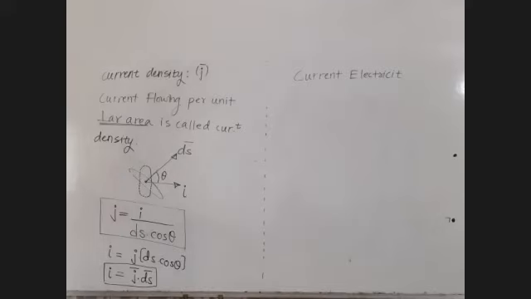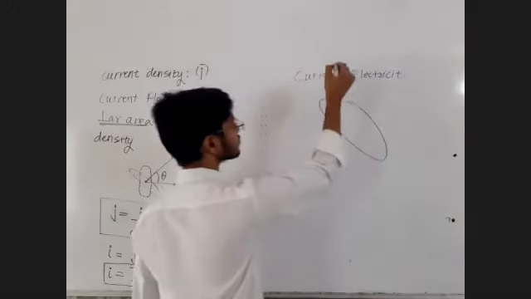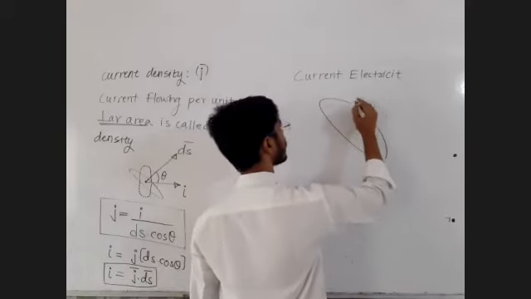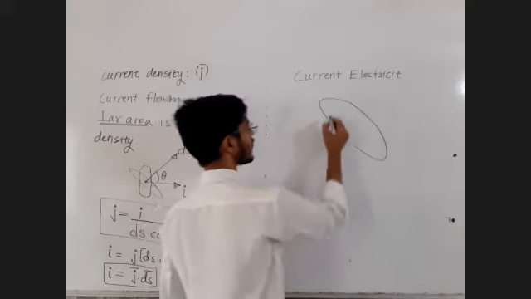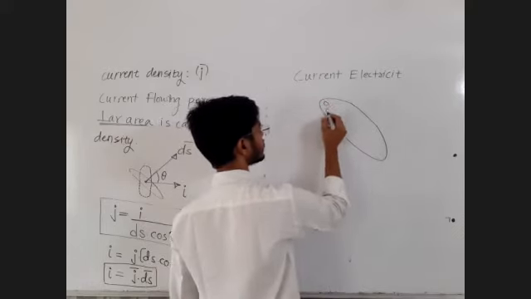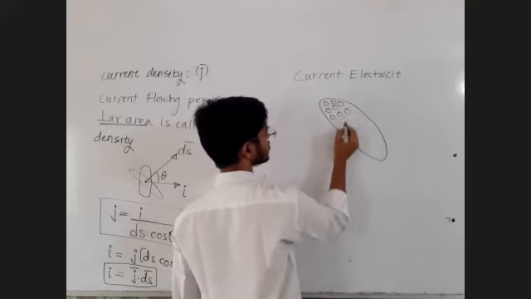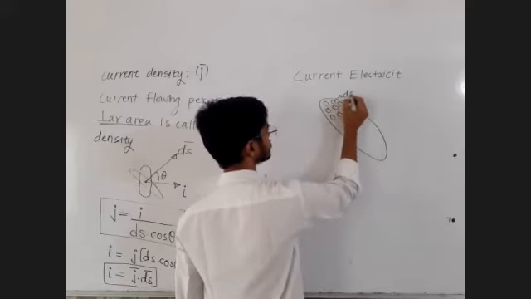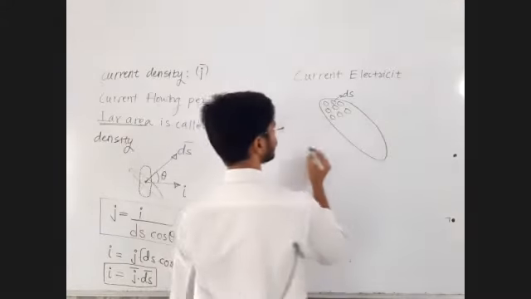So, sir, if the area is not small, if the area is large like this, then how to find out overall current through this area? So write down. At each and every point you have to consider ds, all such ds. And current through entire area you have to then figure out.